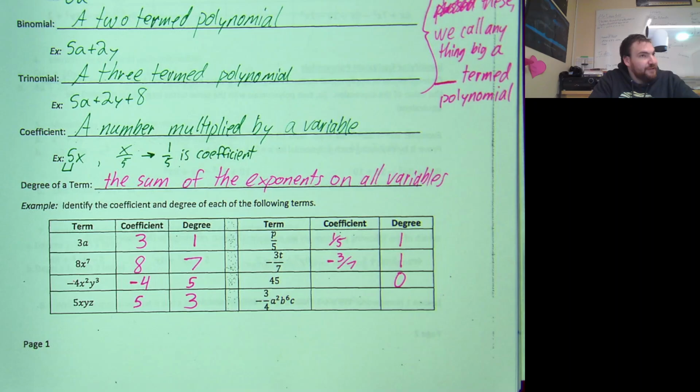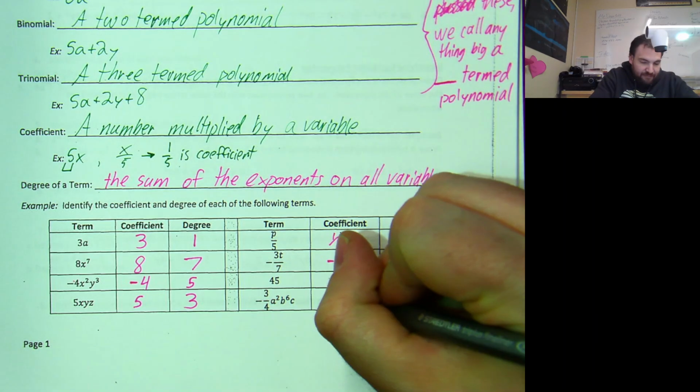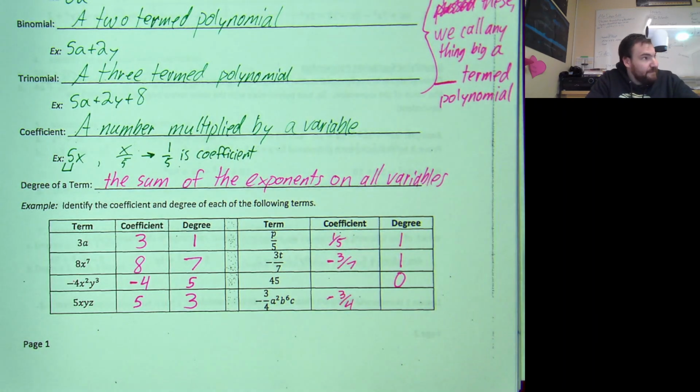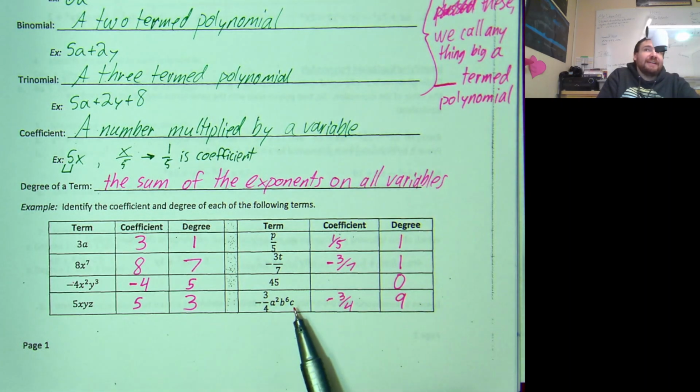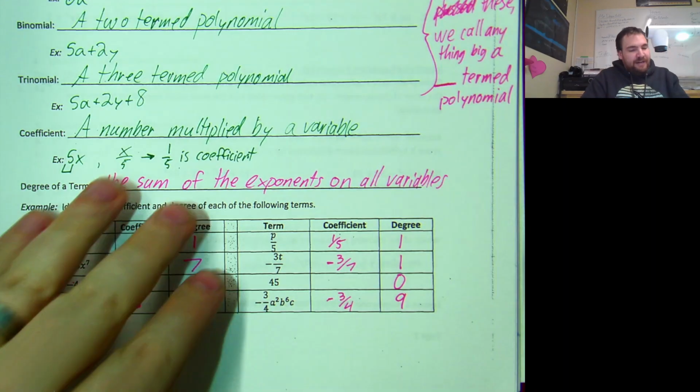And then this last one, coefficient's going to be? If there is no variable, there is no coefficient, because the coefficient is defined to be the number multiplied by the variable. So there is no coefficient. And because there is no variable, there is also no degree. Degree is 0. And then the last one here, the degree is 9. Good. Do not forget to add. So we've got the c has an exponent of 1 plus 6 plus 2. Love it. Nice and easy. So this is the concept of degree. Now if you flip the page,